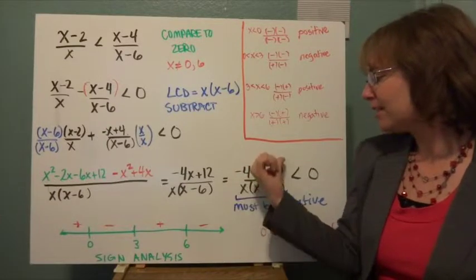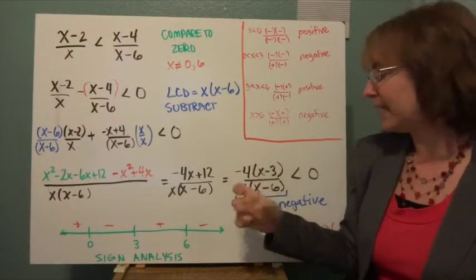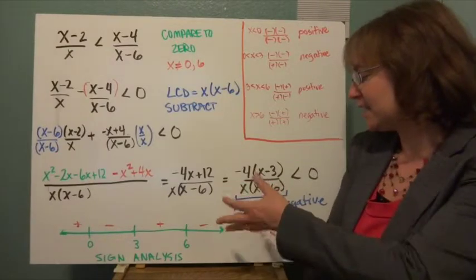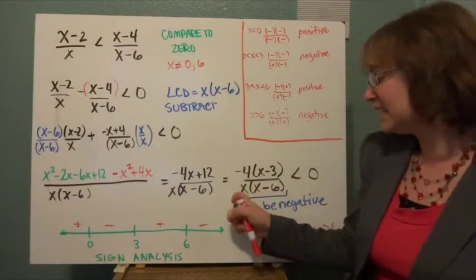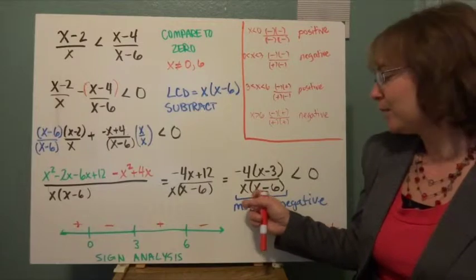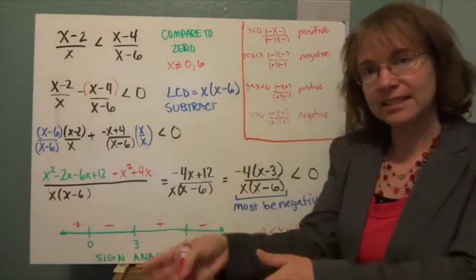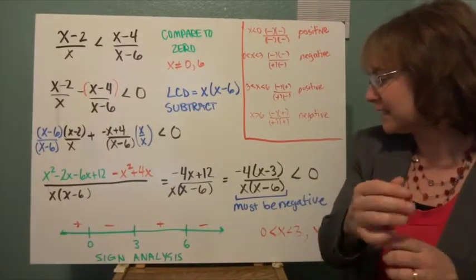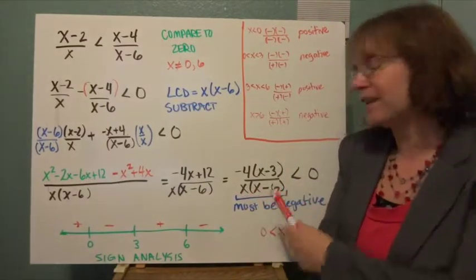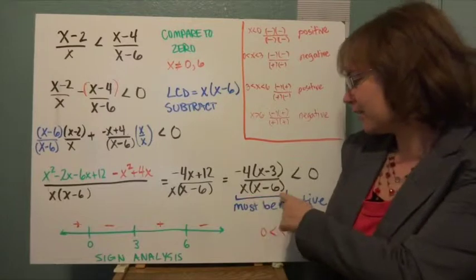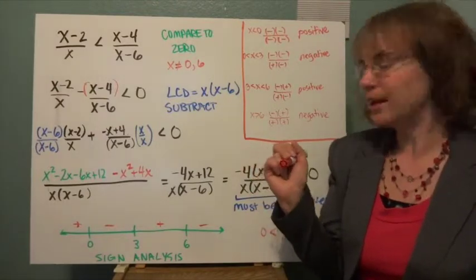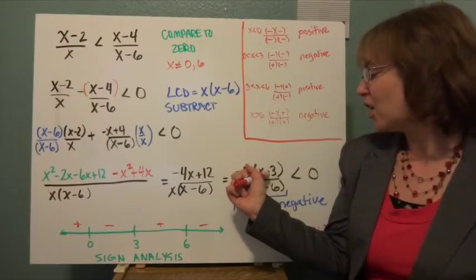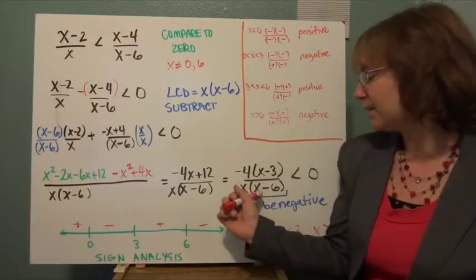And so I want to look at this term, so I want to look right around 3. Same thing here. The only places where that's going to switch signs, go from positive to negative, is at 0. And here too, when x equals 6. On one side of the 6 it will be either positive or negative, and on the other side of the 6. So these are all called critical values, and it's where the denominator isn't defined or when the numerator is equal to 0. So my critical values that I really want to check are x equals 3, x equals 0,